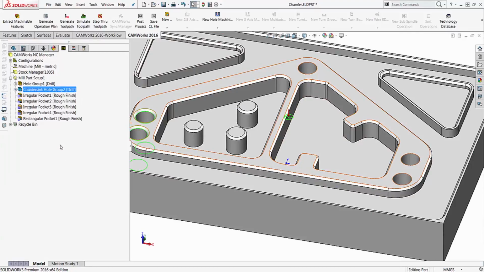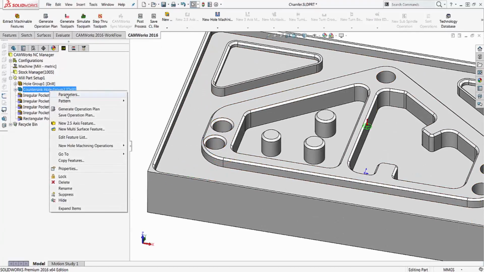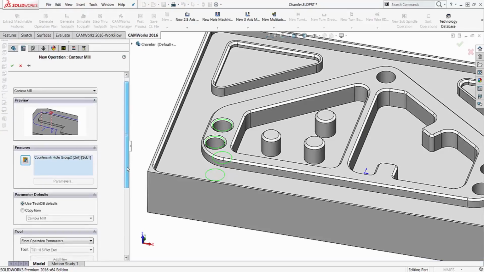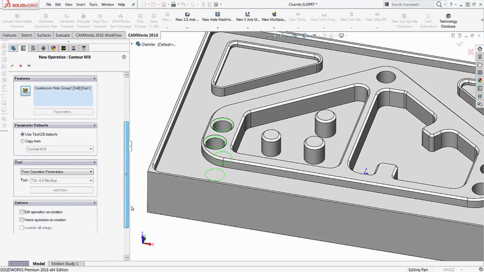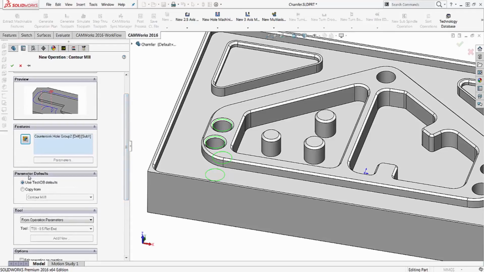So we'll start with the countersink feature here, so these holes. We're going to go ahead and right click on the feature, and then we're going to say new hole machining operations, and this is going to be not a countersink but a contour. So I want to actually treat it as a contour tool path, and then I'm going to use the correct chamfer tool and chamfer settings in that contour tool path. So I'm going to go ahead and use the technology database defaults from the database that we've been given,